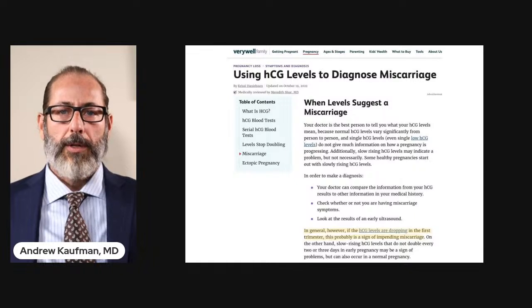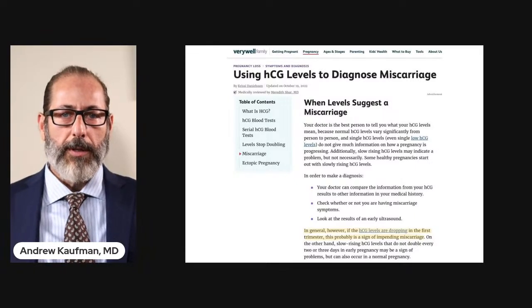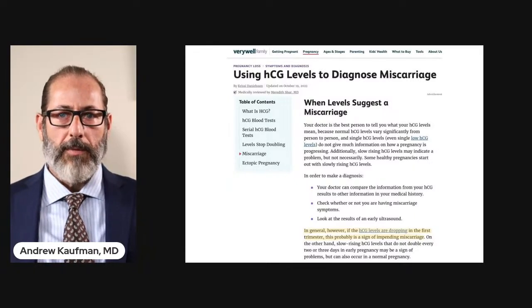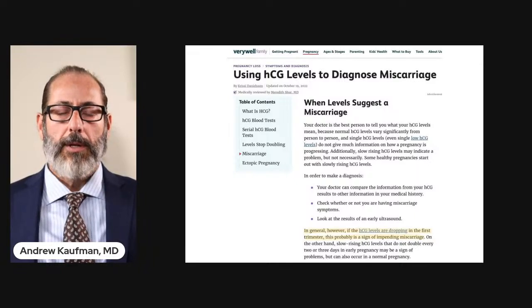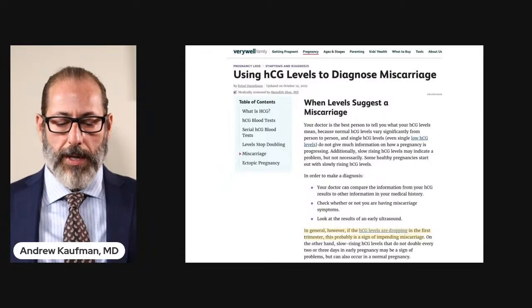So this was a very close call because she could have gone and got a D&C procedure to scrape out the remaining contents of the miscarriage. So thankfully, she went and got an ultrasound first and ultimately had a healthy baby several months later. So once again, you can see that there is a serious potential for danger in this situation.